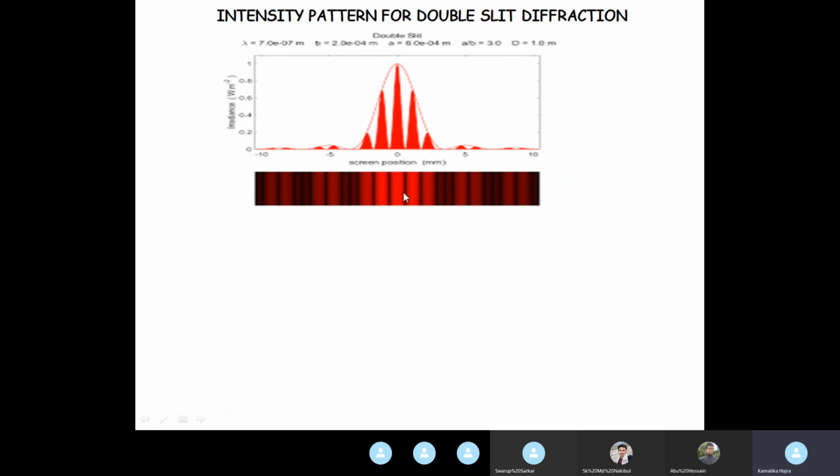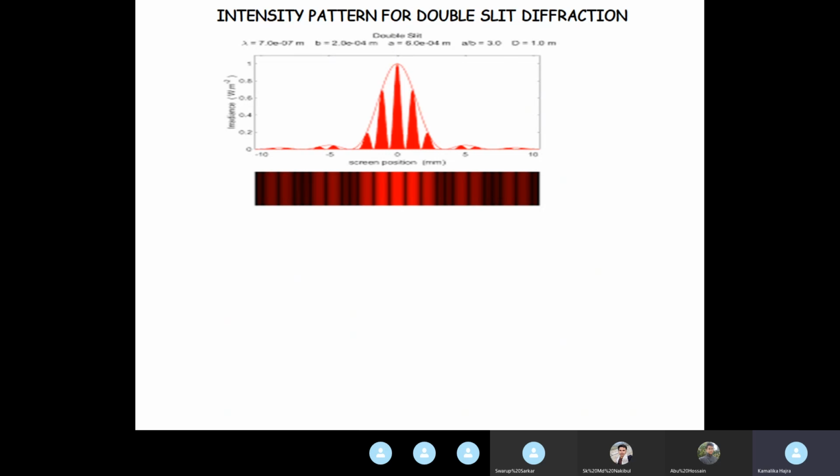bright and dark, are extremely bright. And then when you go to the secondary maxima of the diffraction pattern, the fringes are still there, but their brightness reduced dramatically. Okay, and these are the positions of the missing order. So what you see on the screen is exactly this kind of a pattern, and it is very, very difficult because of the low intensity to see orders of secondary maxima higher than about, say, the second or third order. It becomes extremely difficult to see higher order secondary maxima.